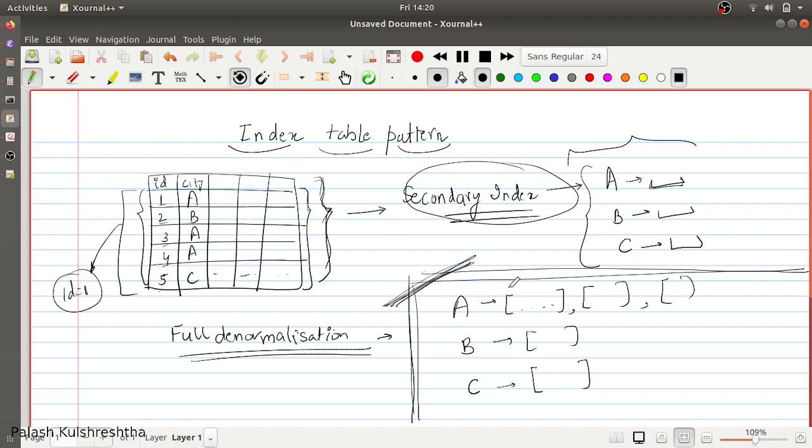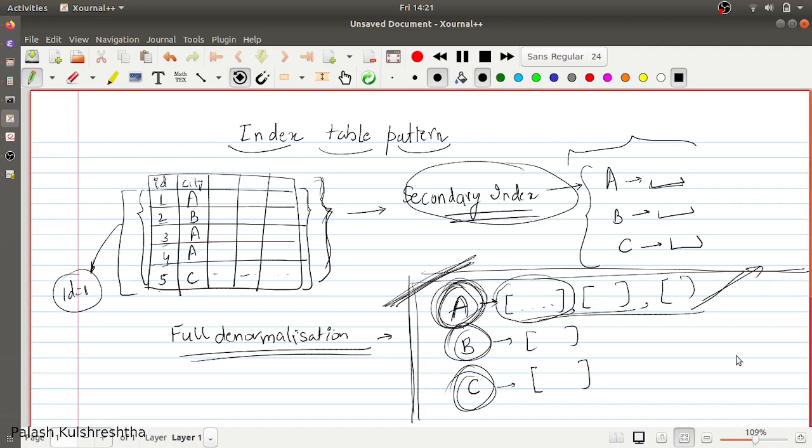These are mostly used in NoSQL databases, but you can follow the same logic in SQL databases as well. The main concept of the index table is that you can duplicate the data. The main concept of a full denormalization index is that you duplicate all of the data, so that whenever you want to find all the documents having city A, you can find them in O(1) time, since there is an index on these fields, and you can return all the documents.